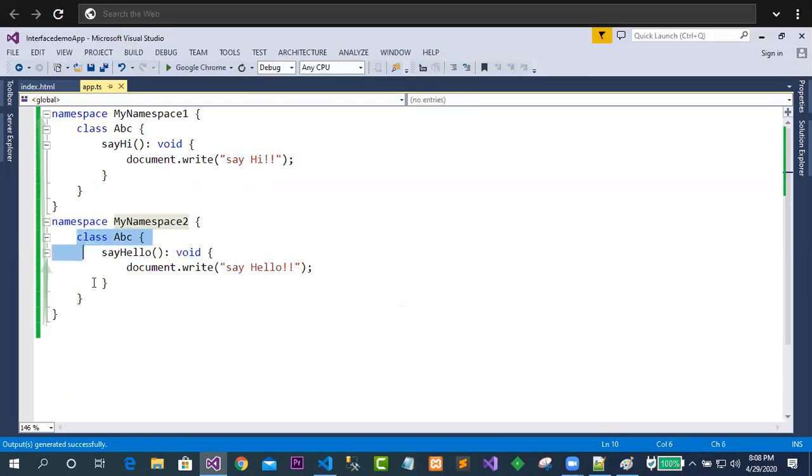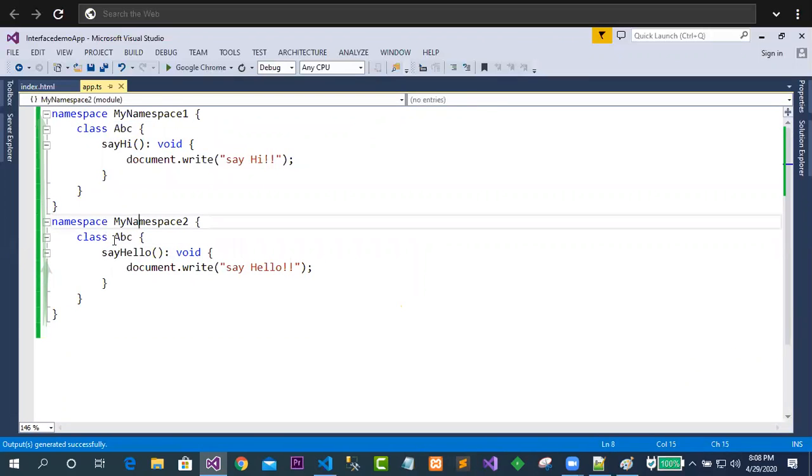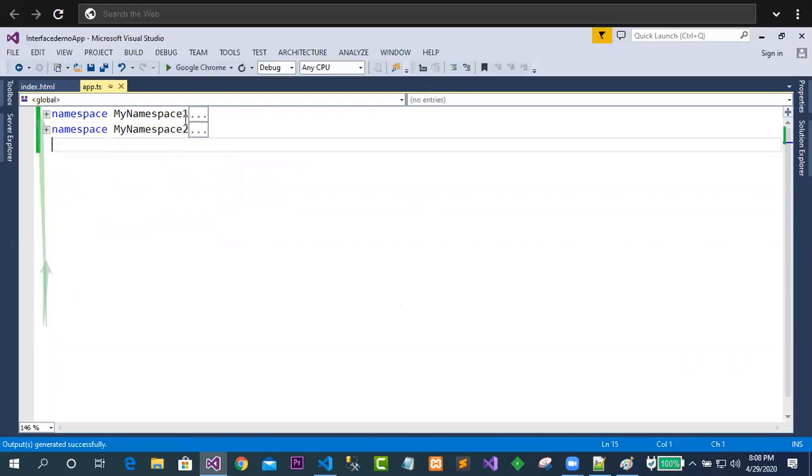Though the class names are the same, it is not showing an error, because this ABC is different from this ABC. The first ABC remains inside my namespace 1, and the second ABC remains inside my namespace 2. Fine. You got it.